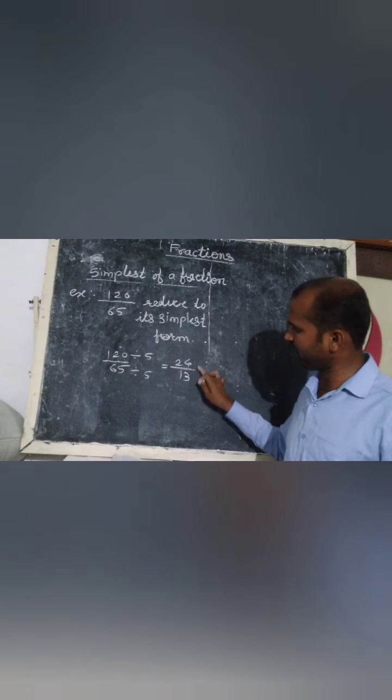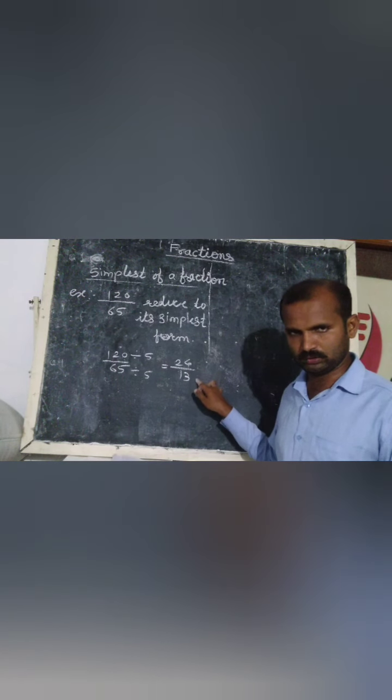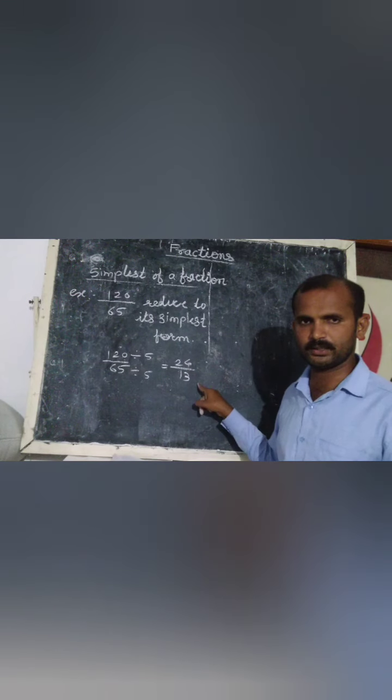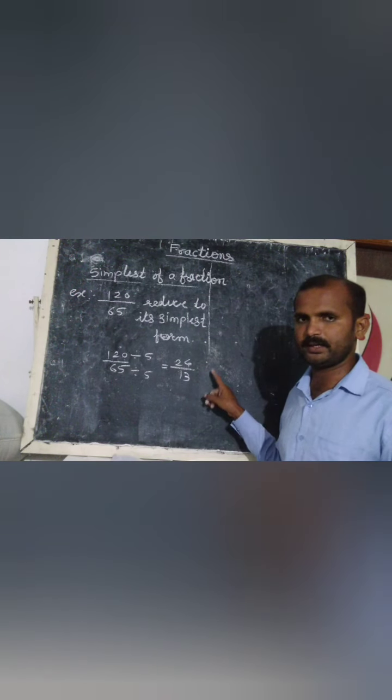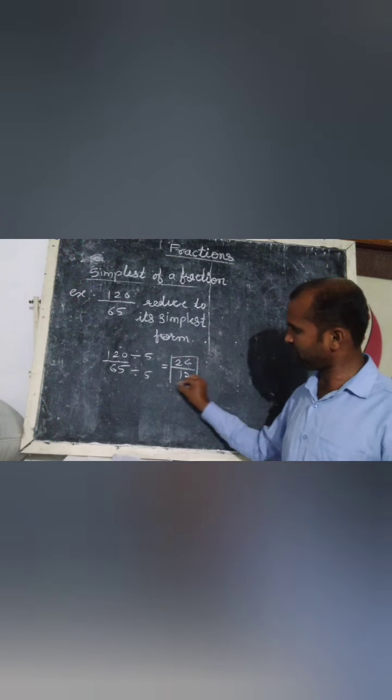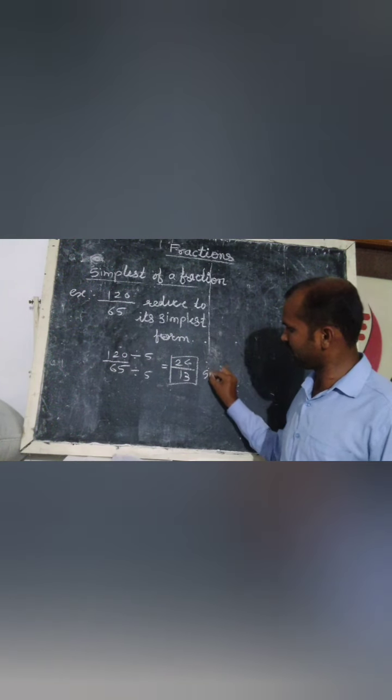Means only by 1 we can divide them both. There is no other number by which we can divide them both. So this 24 upon 13 is called